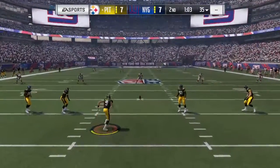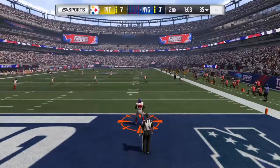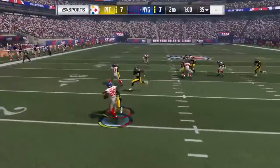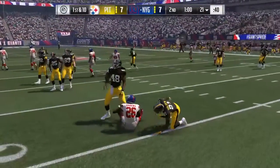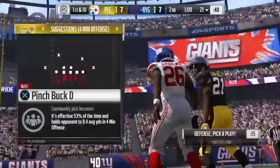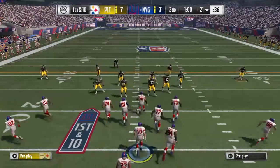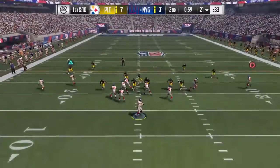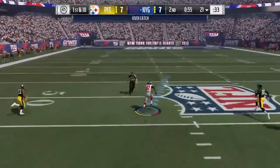So we're right back where we started, all even as the kick's away. This is fielded a couple yards deep, and he'll wind up about 4 yards shy of where he would have been if he had taken a knee, as they'll start at the 21-yard line. A chance for us again to look at this Pittsburgh defense. A touchdown given up the last time they were out there, so maybe need to refocus a little bit, and make sure that they don't start finger pointing with each other, because oftentimes when it's...